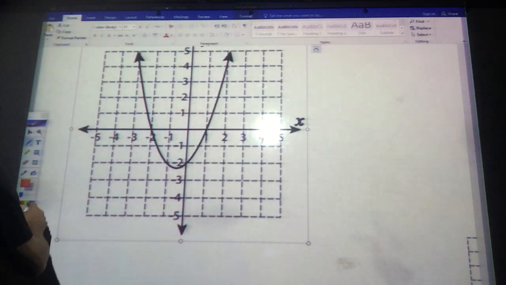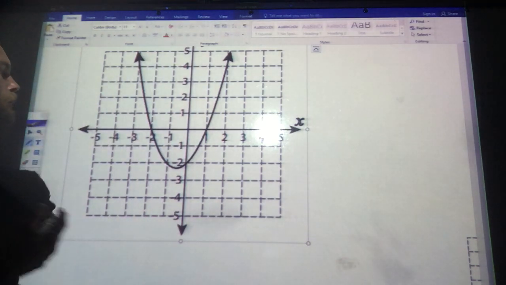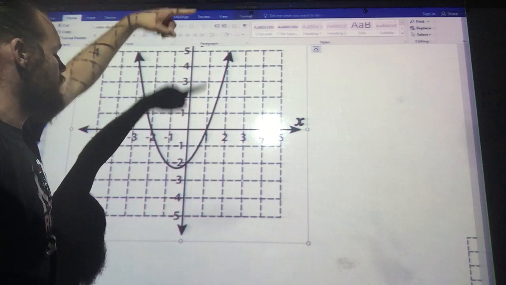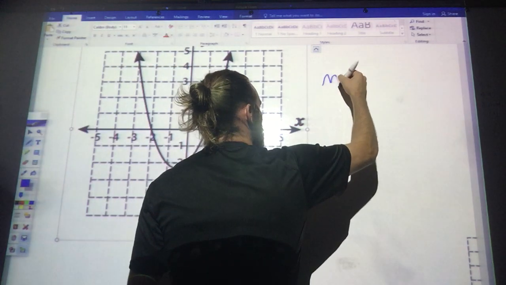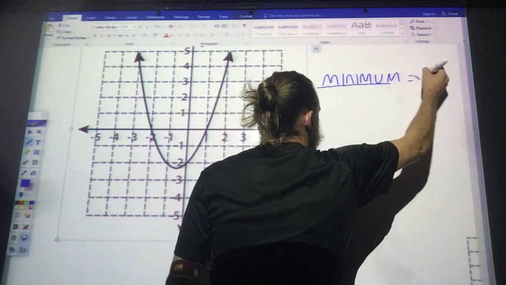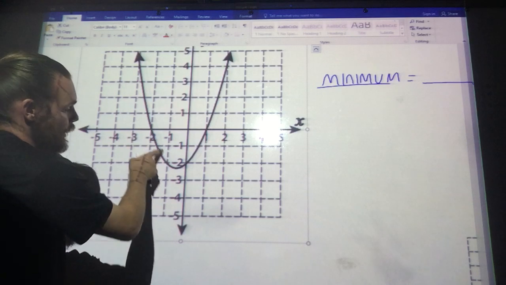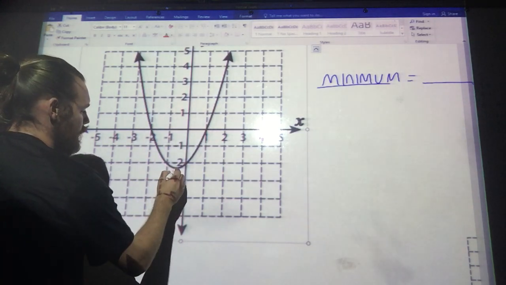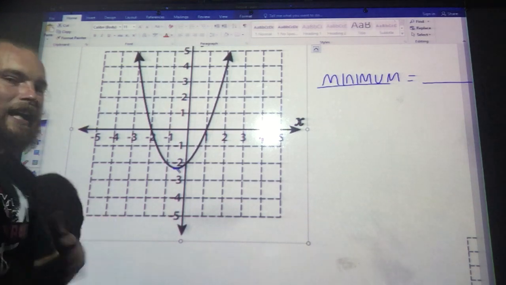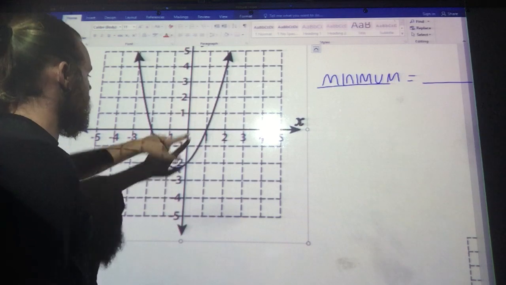But given the graph, first off, do we have a max or a min value? Do we have a maximum or a minimum? If our parabola is facing up, it means we have a minimum value. In this case, the minimum is the point where the graph turns back around. Now, if you look here, it's not a perfect, nice, pretty looking point. However, we can get an idea of about where it's at. To me, it looks like it's at negative